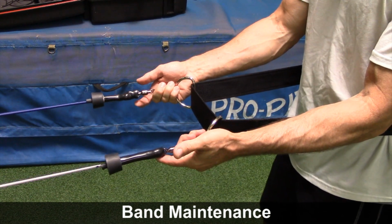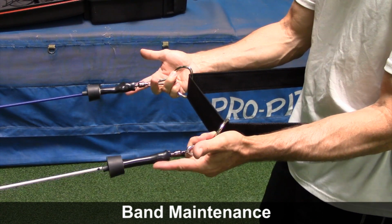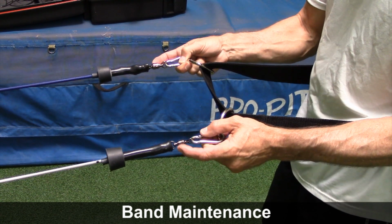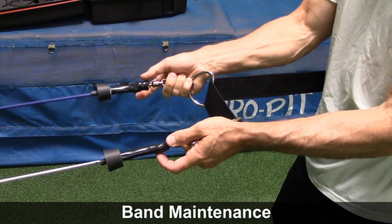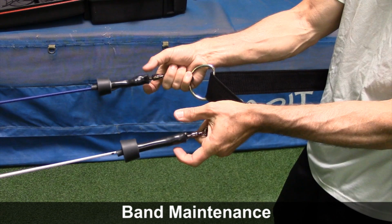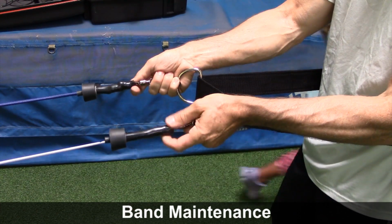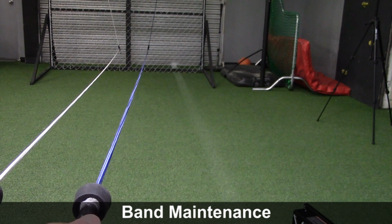Now, as you're walking back, you want to keep the cords separated on each of the D-rings on the 360-degree belt. And if you notice, each cord has a spindle. These are bearing spindles that allow the cords to spin. If you watch, I can spin the cords very easily with my fingers, clockwise, counterclockwise. And what you want to do when you walk backwards, you can look down the cord and see